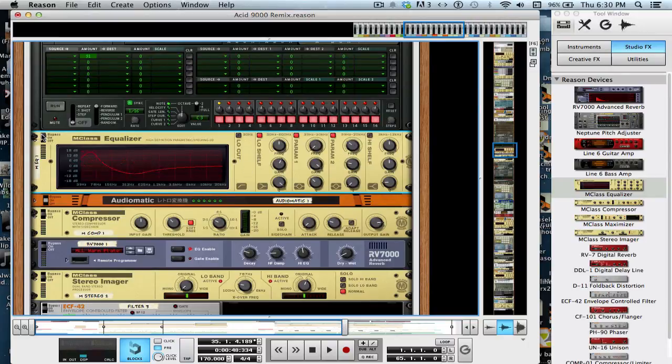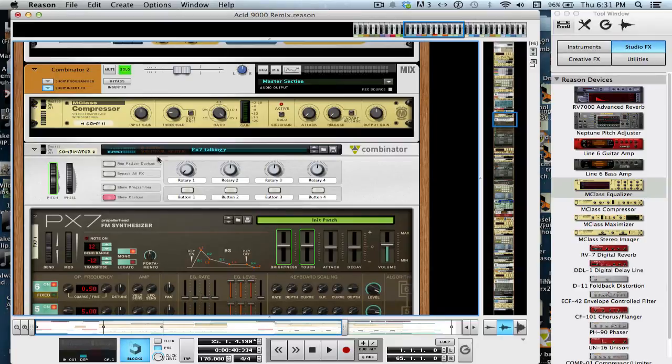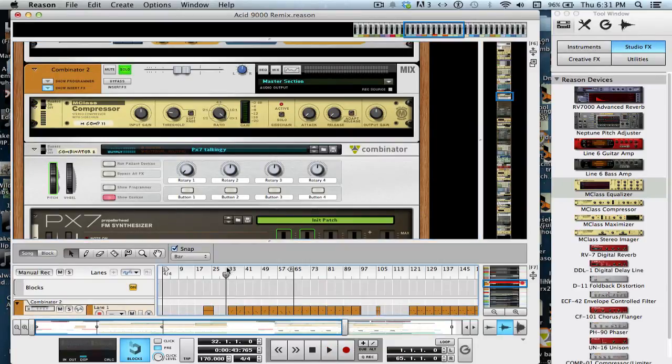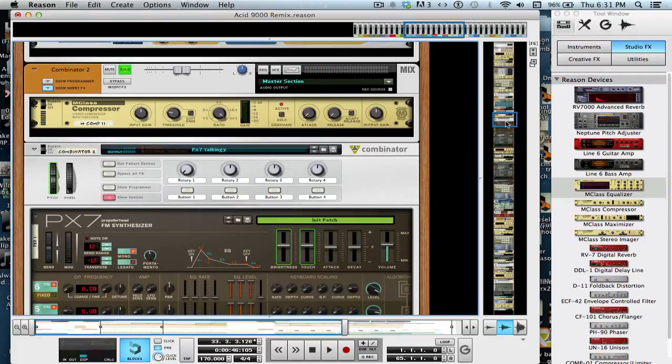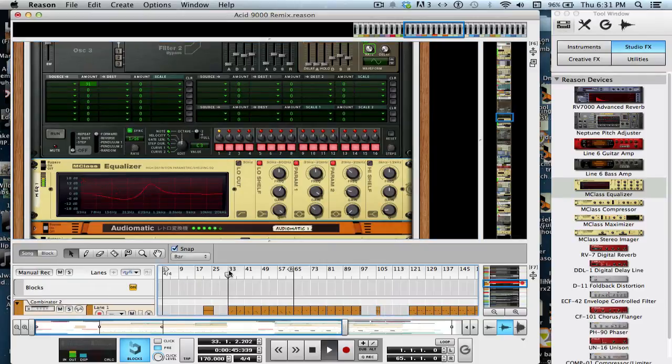If I bypass this and listen just to this growl that I made, hold on. It's not even a growl. But when I add this EQ, now if I take it away,